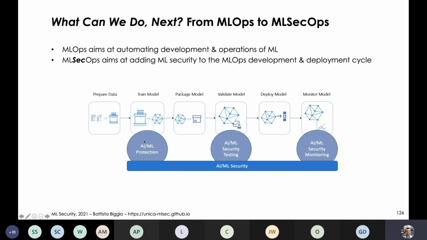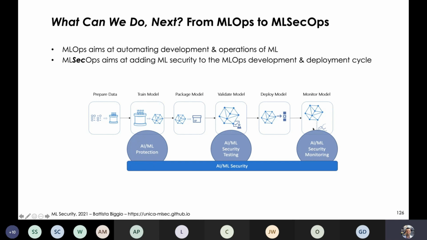So you can have, for instance, the implementation of protection mechanisms that you can plug in during model development or training. You can have security testing in place, similarly to what I've showed you before for the security evaluation of models. Imagine that you have a kind of unit test which is executed every time a new model is generated, so that you can measure security against some attacks, and you can say, okay, this is robust against evasion, but not against poisoning, for example. And then if these security checks pass, as well as the accuracy of the model is satisfying, then you can